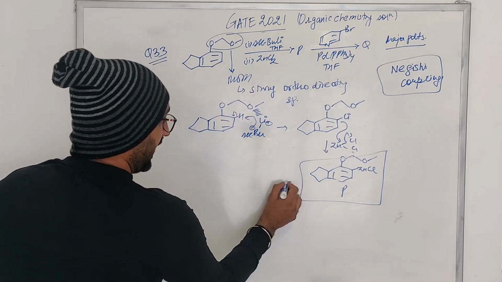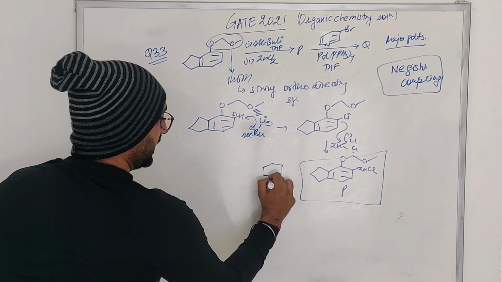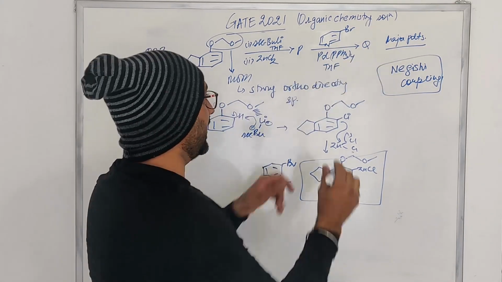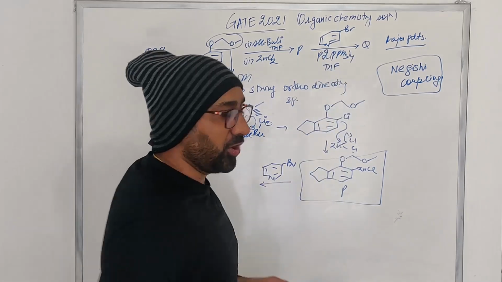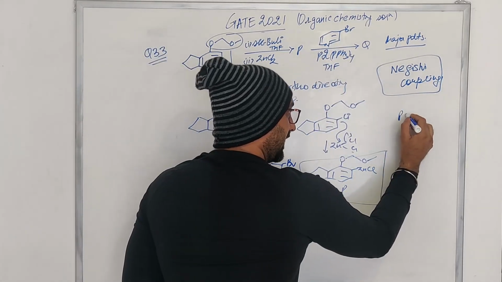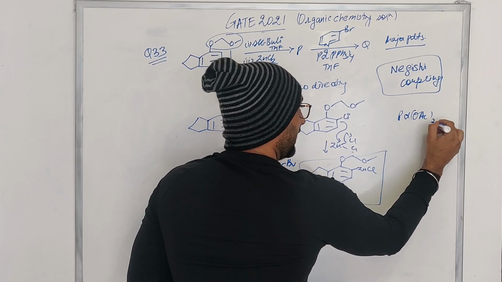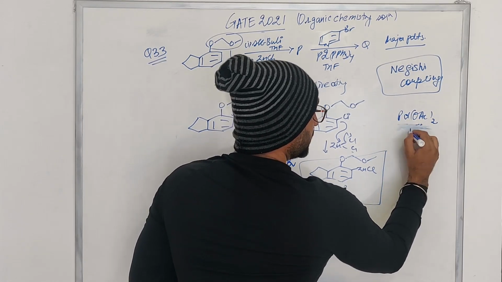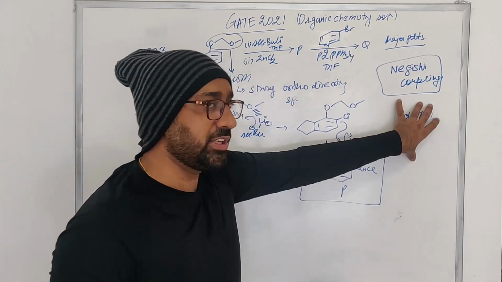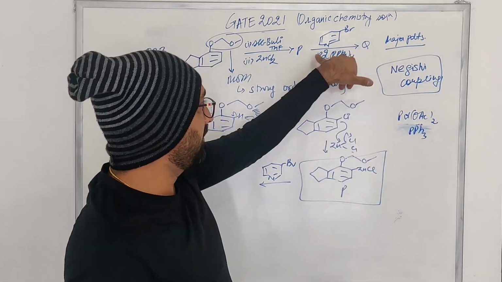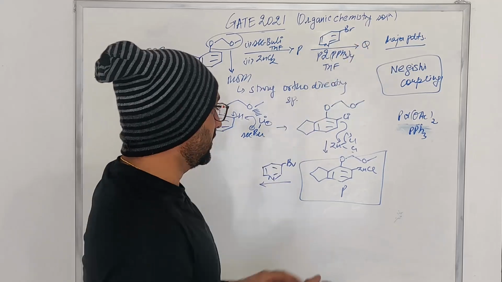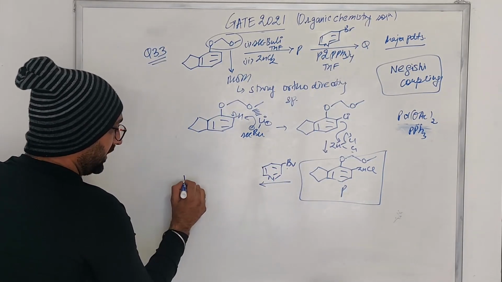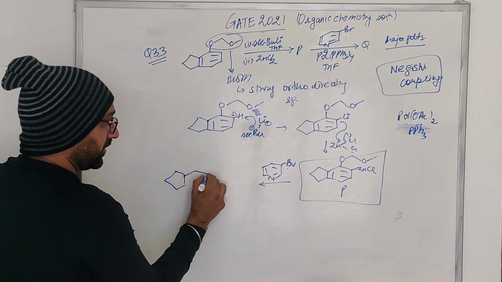Now simply what you are carrying out is a Negishi coupling. Negishi coupling we know, but you have already taken palladium tetrakis. So here the palladium is already in a zero oxidation state. Let us suppose if they had taken palladium acetate, they would have taken PPh3, triphenylphosphine, as a ligand, because obviously in that case they have to generate palladium 0, but they are already starting with palladium 0. So we clearly know palladium will insert here and couple with the organozinc, and what you are going to get is this particular product.